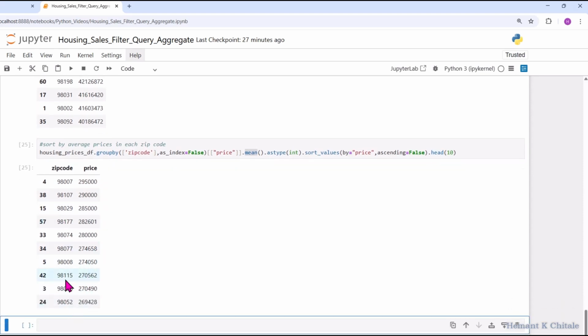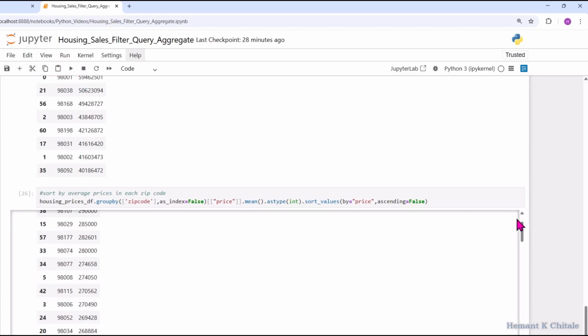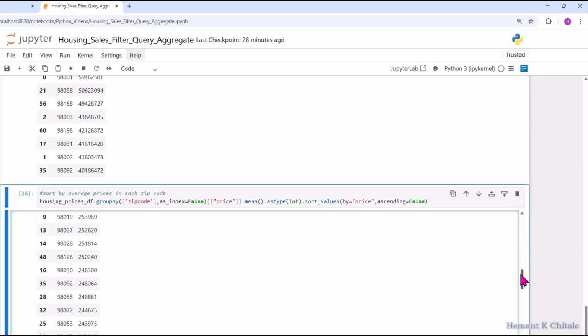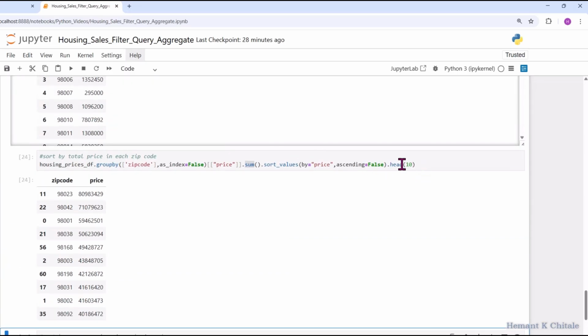So I don't see all the rows here because I'm printing only head 10. If I take out head 10 again, because I set the max rows earlier, I get all 61 zip codes. So 98023, for example, where is it? It would not appear here. It's ordered by average price, not by zip code. If I take out the head 10 here,